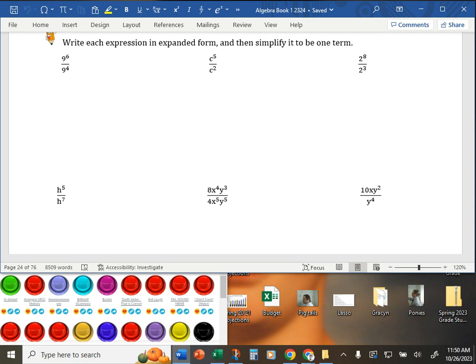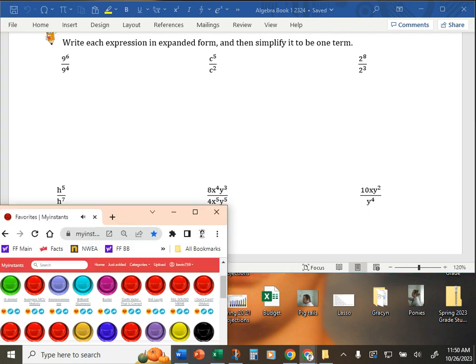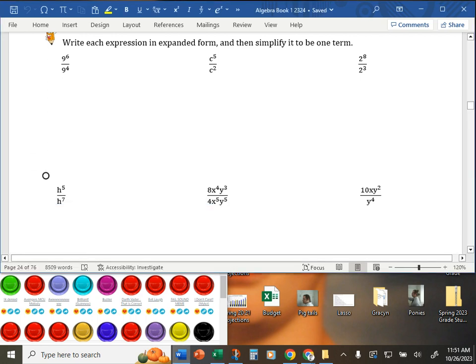Peyton, is that a coefficient or a base, that 9? Coefficient. Base. Hold on, I'm looking for, there it is. That's what I meant to get. Yeah, okay. It is a base, right? It's attached to the power. And so in expanded form, 9 to the 6th, 9 times 9 times 9 times 9 times 9 times 9,